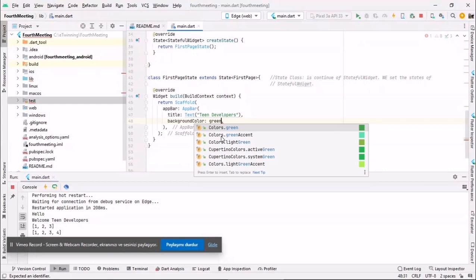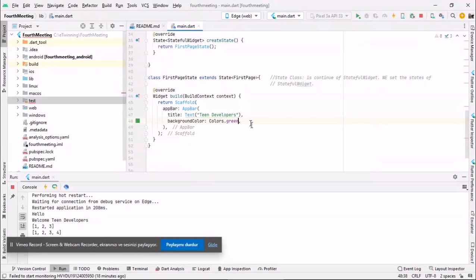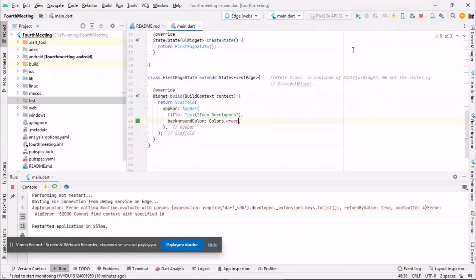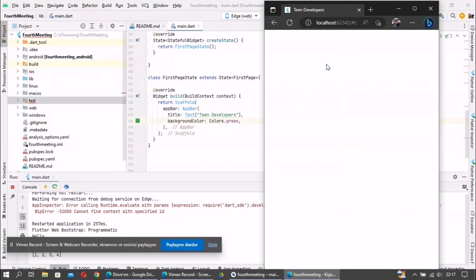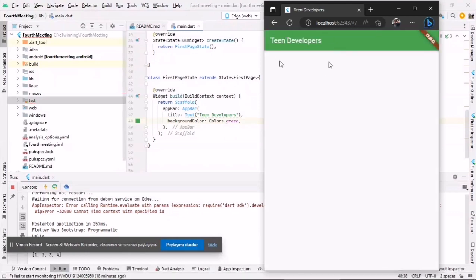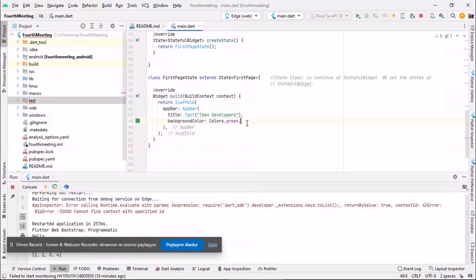I can't write just green here. If I write green, I have to choose one of them. So I want my app bar to be green. I'm writing like this, and I'm clicking hot reload, Flutter hot reload with this lightning, and you can see my app bar is green now. So